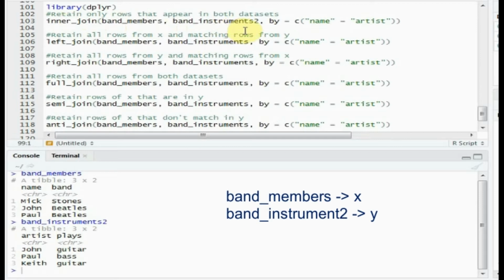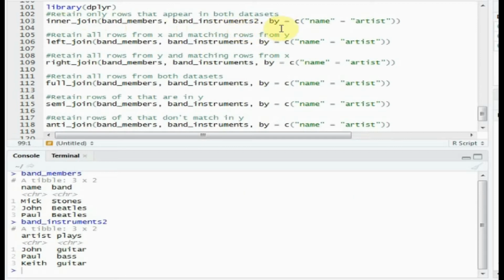And you need to mention the name of the key column in the by argument. If the key column name is the same, you only need to specify that one name. But in my case, you see there are different column names, name and artist. So the first argument, for the first dataset, will be name and the second would be artist.